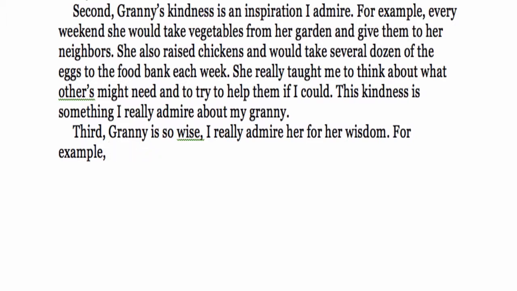let's see. I really like when you're giving examples and trying to make a point, stories really go far. So if you can think of a very specific example that really illustrates, like in this case, her wisdom, that's the best approach because it makes it very specific for your reader and simple to understand, right? For example,